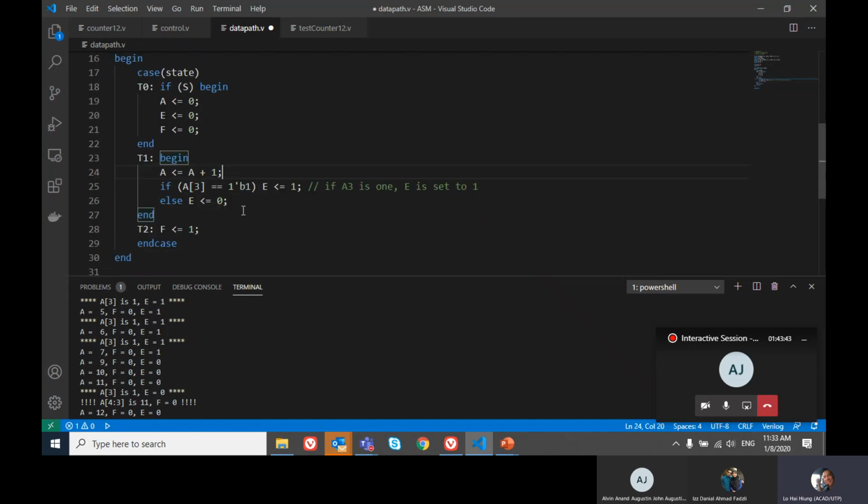Let's explain this in T1. So in A3, A is a count of 4-bit value. At 0, 1, 0, 0, it will count to 0, 1, 0, 1, and then it will count to 0, 1, 1, 0, which is 6, and then 7, and then notice what happened, it changed to 8. The value of A3,